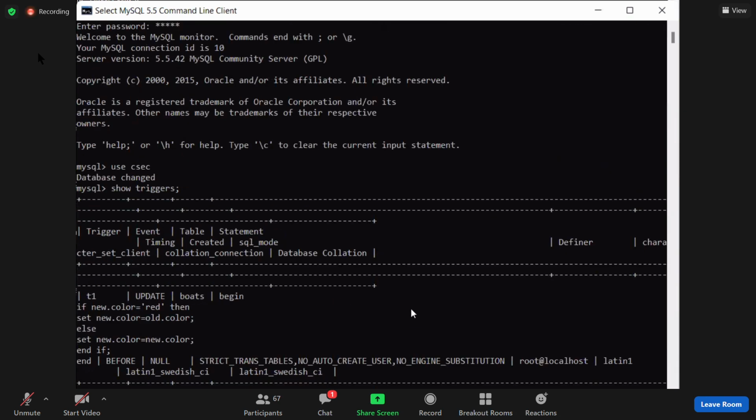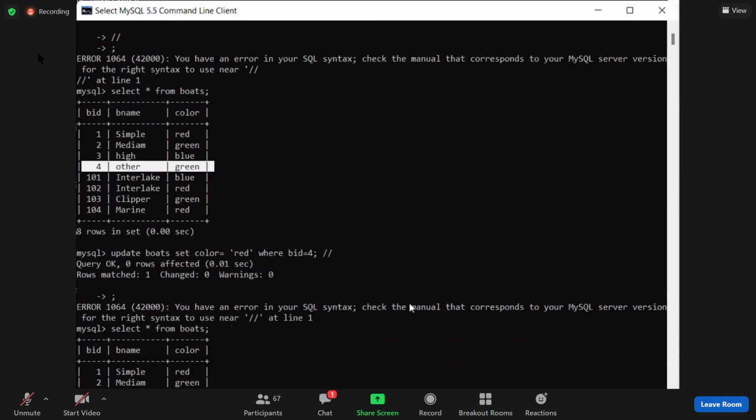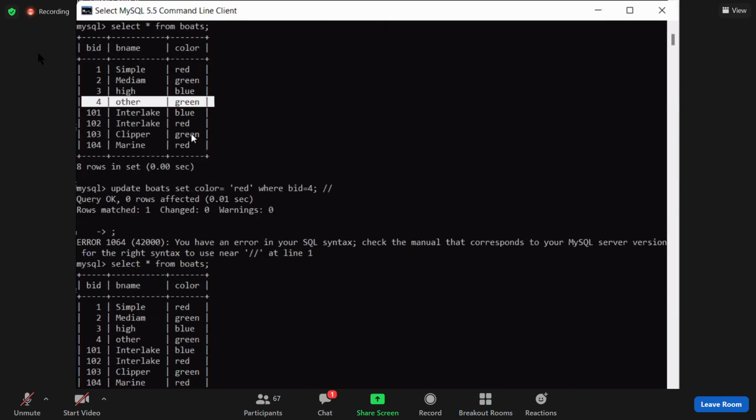Because what is the previous color? Previous color is yellow. The yellow is modified to green, but afterwards you executed the same update command, but instead of green, this time you made it red. What's supposed to happen? The boat's 4 color is supposed to modify from green to red.